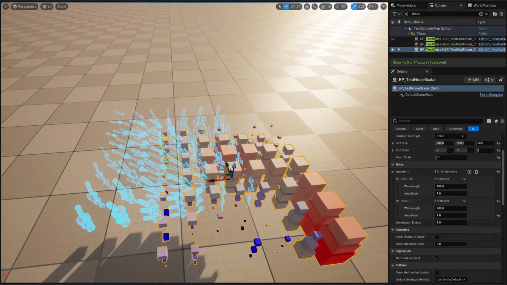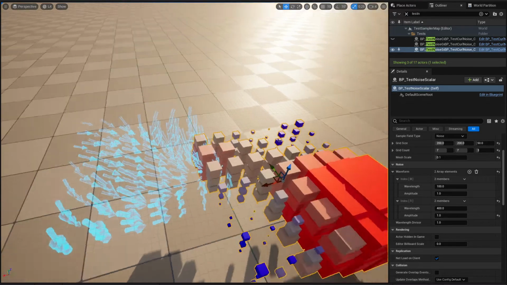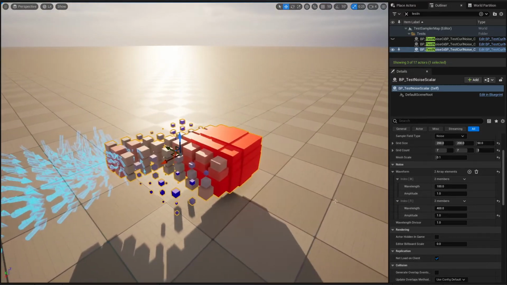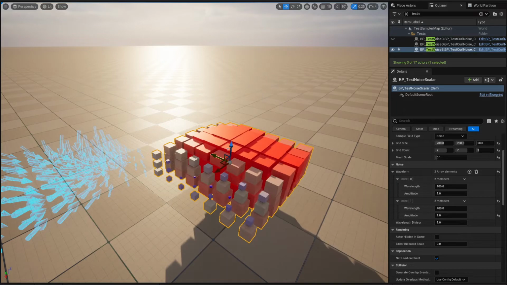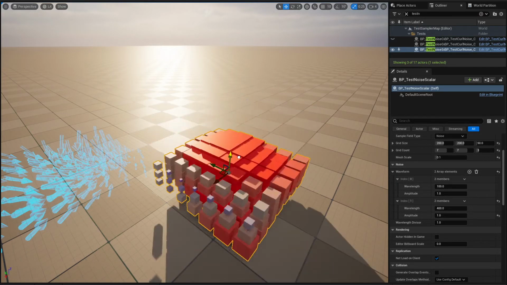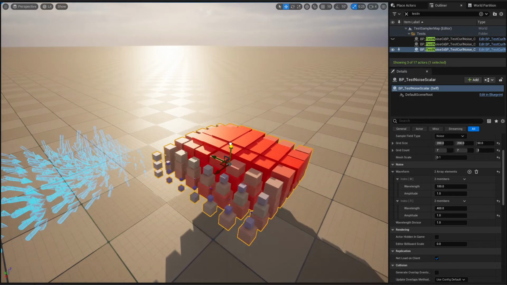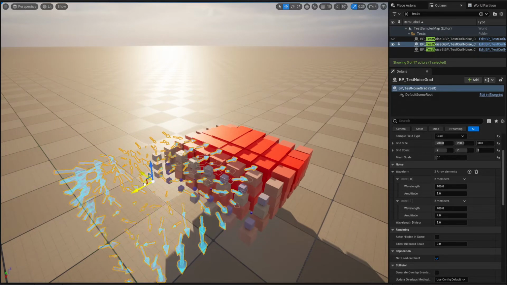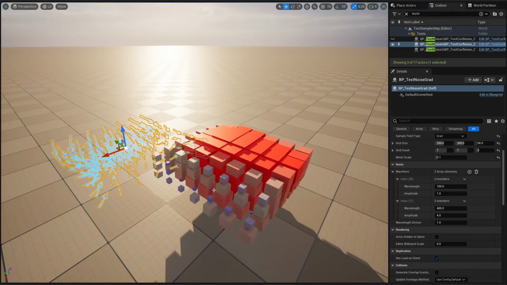So what I really need is to have a curl field. So I actually need to have the divergence of the vector field at 0. Actually, I need only the curl vectors to drive my particles, otherwise they would end up clumping together in these red parts. So